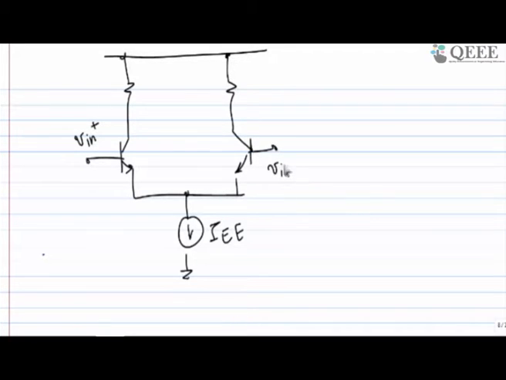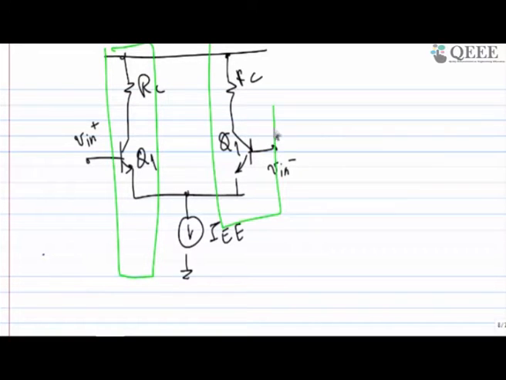Vin plus, Vin minus. It means there is a 180 degree phase shift. So this is plus Vin and this is minus Vin, and this is RC, this is RC, this is Q1, this is Q1, and we are assuming that this block and this block are both identical. There is no change, meaning RC is equal to RC, Q1 is equal to Q1. There is no difference, not even a small difference.